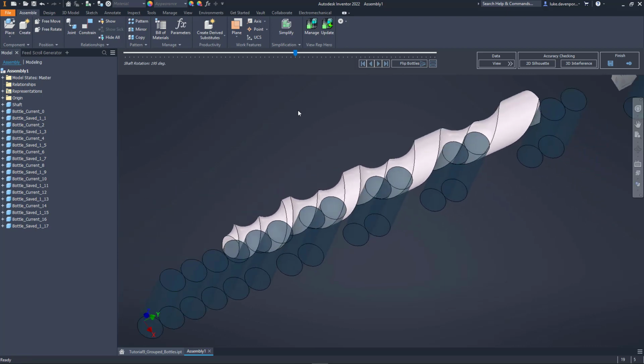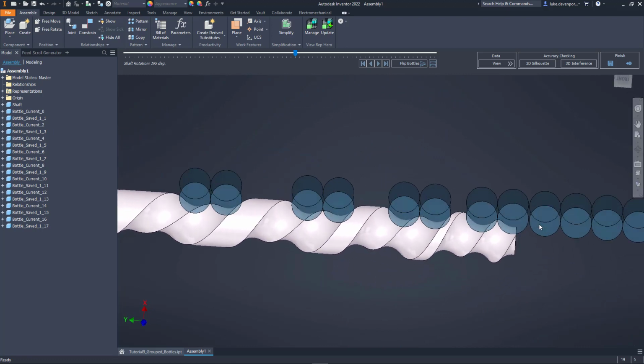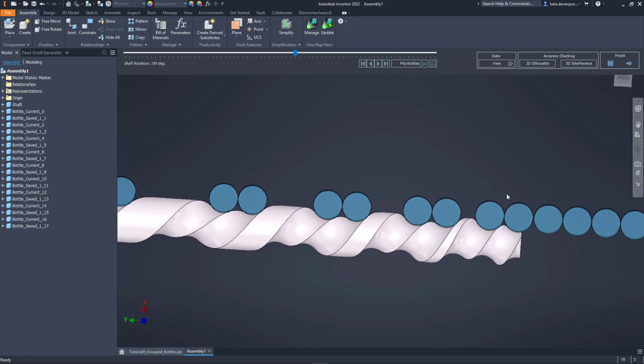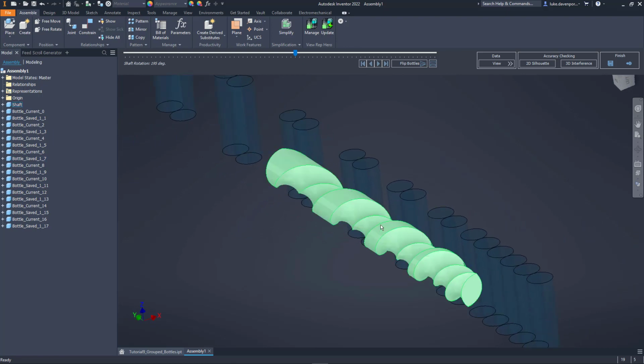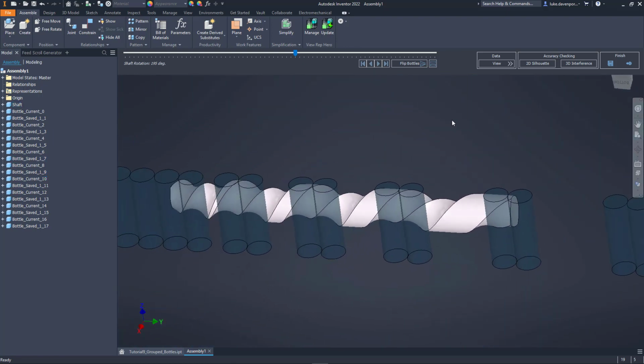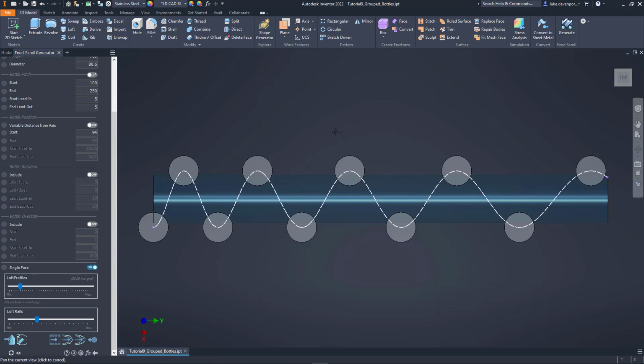So what do we need to know in order to design this shaft? Well, we obviously need to know the pitch of the bottles at the start. We need to know the gap that we want between the groups of bottles at the end of the shaft, and all the usual stuff like the diameter of the shaft and the length of it and so forth. So we'll just get cracking now, and let's escape out of this simulation, and let's close the builder